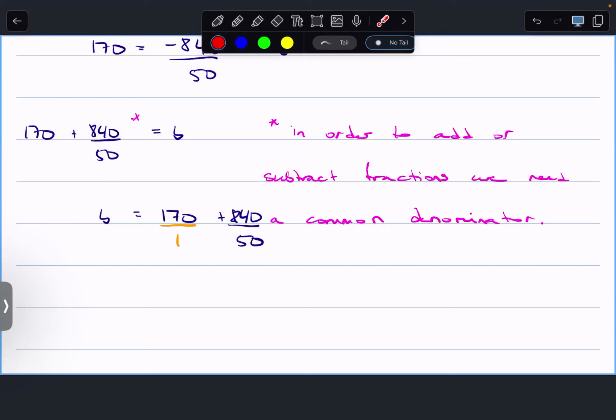I'm going to multiply the second term by 1 over 1, right? 1 divided by 1 is 1. I'm allowed to multiply by 1. It doesn't change anything, right? But this first term, I'm going to multiply by 50 over 50, right? Another trick, 50 over 50 is 1, right? But when I'm multiplying fractions, I multiply across, okay? So what this is going to look like